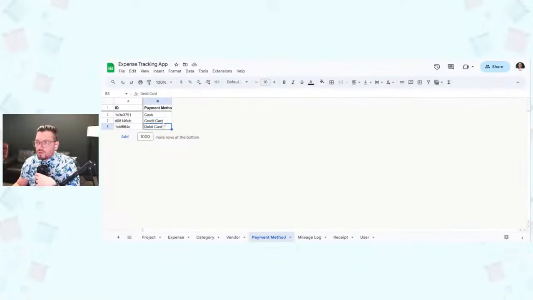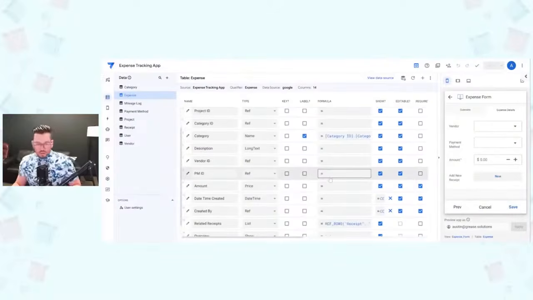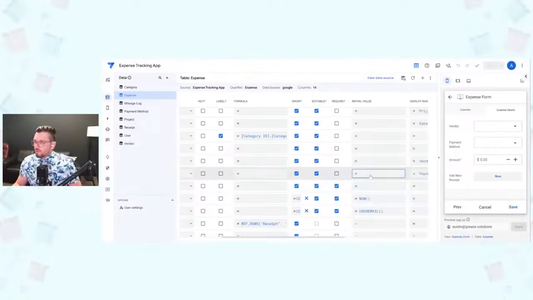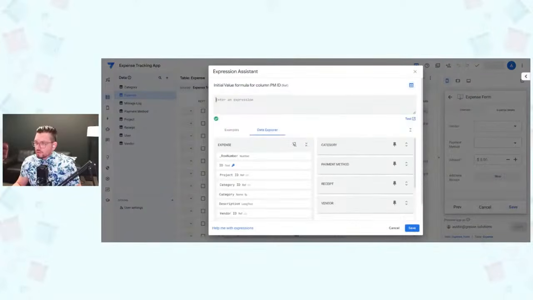Well, I don't know. We'll just say it'll default to the debit card. That way it's going to the bank. And so the way we do that is we'll come back over to AppSheet, and over here, we'll have the default payment method is going to